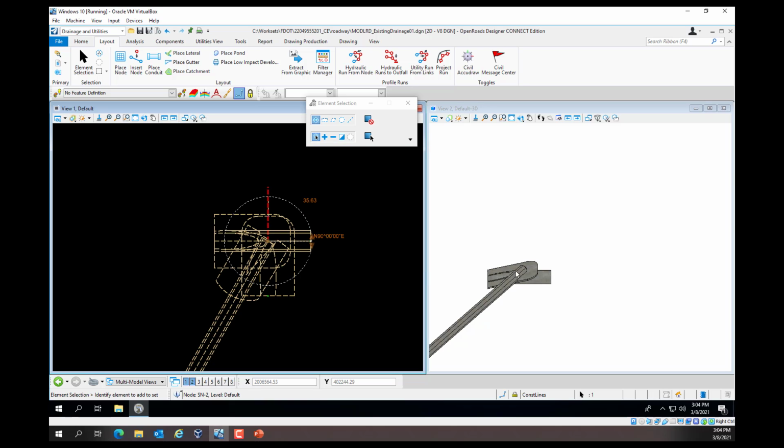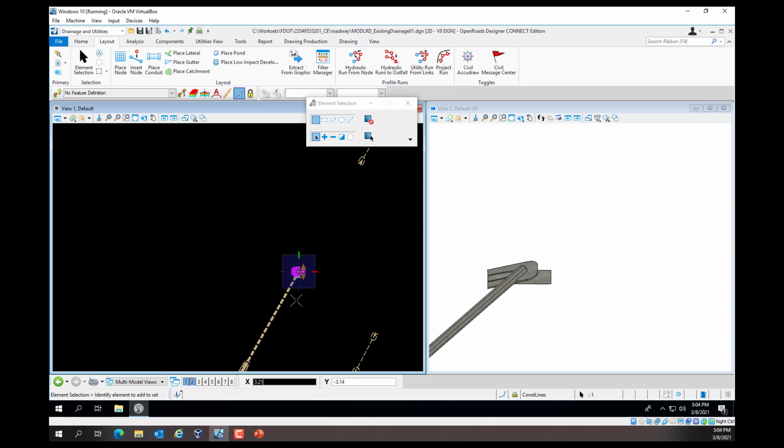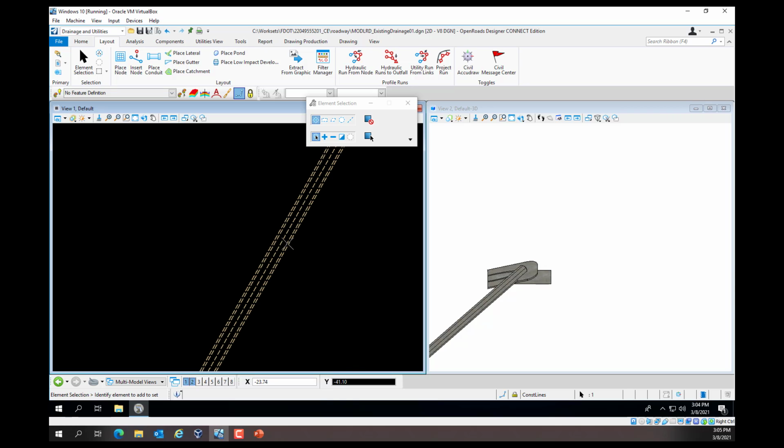Select that. We know that it changes from default to the mitered end section, and then we'll rotate using the manipulators and zoom out a little bit so we can see the center of the pipe, and we'll snap to the pipe. You'll notice that it changes direction and orientation, but our invert is not correct to the pipe, and the pipe size is not correct either. So the next steps in the exercise is we'll correct the pipes. But first, let's get the correct invert elevation on our drainage structure.